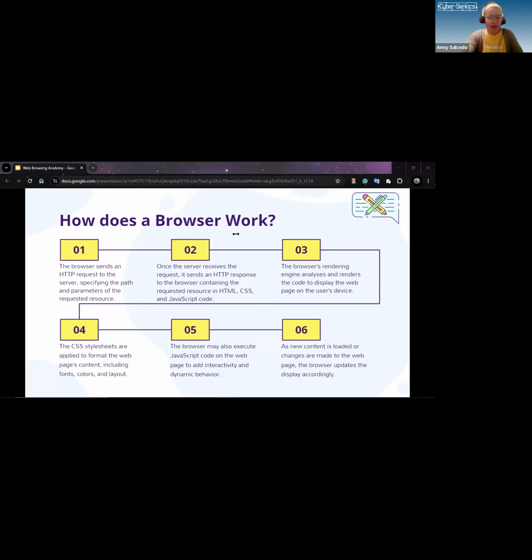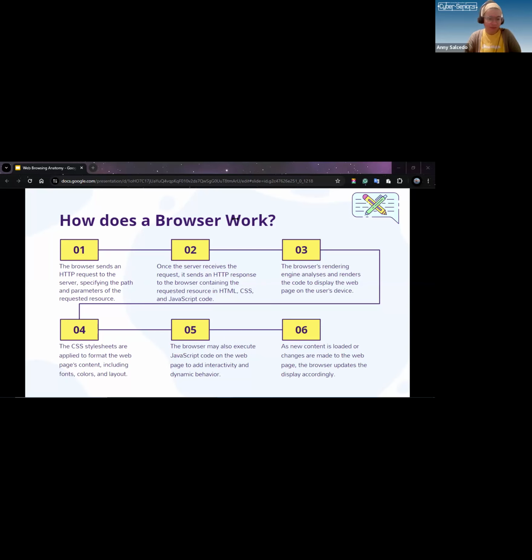These resources are in HTML, CSS, and JavaScript code. We will see the description of these things later on, so don't be afraid, don't get antsy, we will get there. The browser's rendering engine analyzes them and renders the code to display the web page on the user's device,